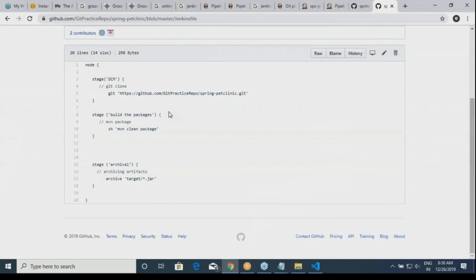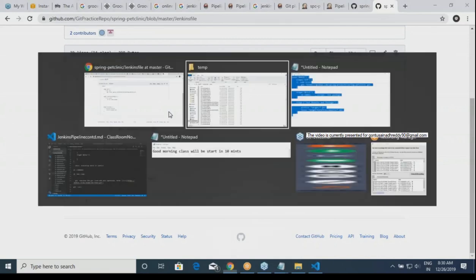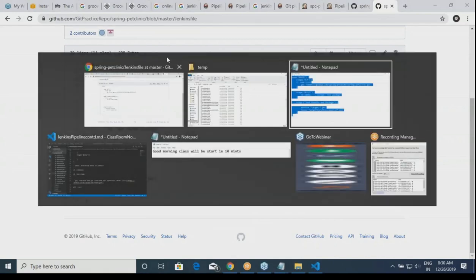Get the code, build the code, archive the package. Am I clear on this? To do this, is it a very difficult choice now? So whatever projects you have done in freestyle, I want everything of that to be converted to a pipeline. You use this generator, and that is an exercise for you today. Am I clear on that? Yeah. So now